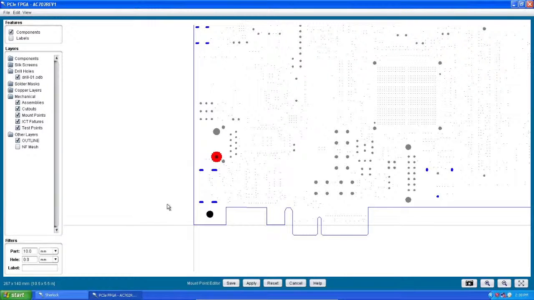You'll see it snaps right back to it. Oh, that's clever. I like that. It's associated with the hole. Okay. The one thing you do not want to do is add a mount point to an arbitrary location of the